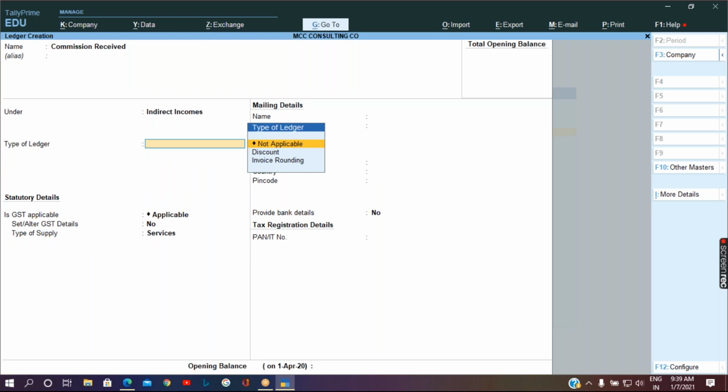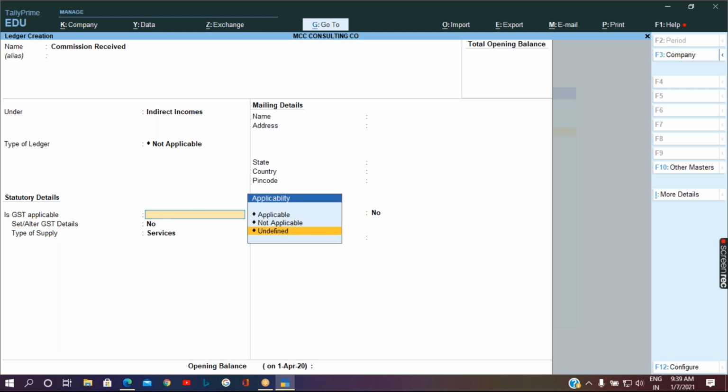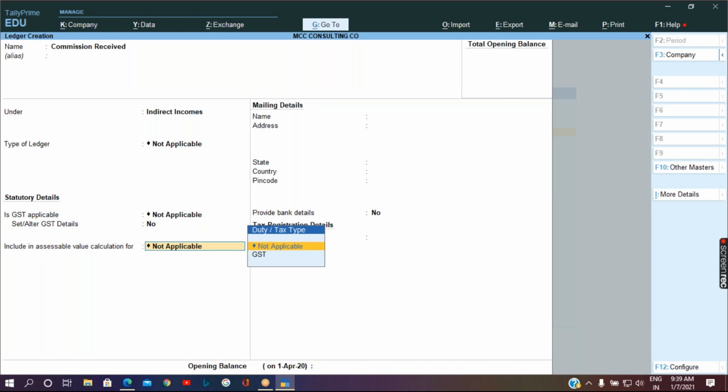I'll be teaching you in what situation we are going to use the type of ledger, and there is no applicability of GST as of now. We are going to keep it as not applicable. So we have to press spacebar to get a list. Okay. So we are going to accept the screen.